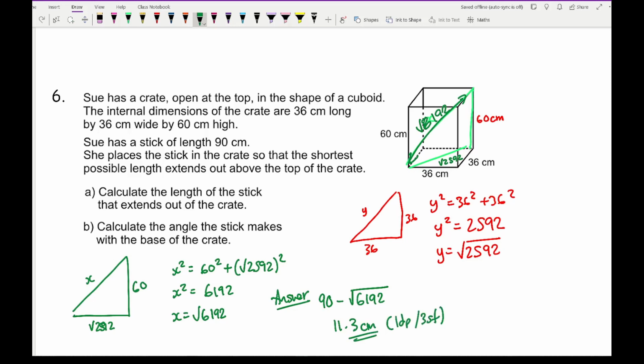Now, moving on to question B, it says calculate the angle that the stick makes with the base of the crate. So basically, going back to this question, it's asking me to work out what this angle here is. If I just call that B, so this is the angle, the answer for A. Then for B, using this triangle, I'm going to use trigonometry. So I'm using tan again. So tan B equals 60 divided by the square root of